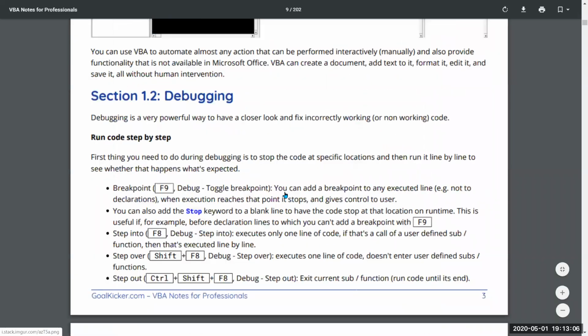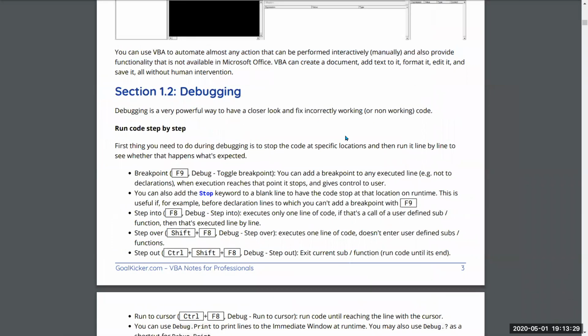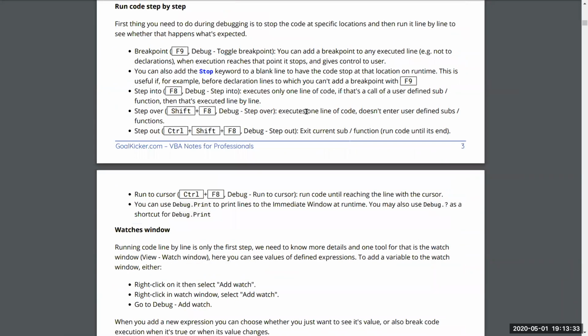Now, then you notice it becomes very complicated. Then suddenly they come to debugging. And you're like, oh my God, what just happened? Where did the simple topics go? But see, this is the idea. This is meant for programmers, right? That's why for them, the most important thing is not how to write a code, because they say most of what you need to write can be recorded, or it can be found on the internet. The problem is, how do you fix incorrect codes? That's why they start off by saying, how do you debug proper codes, right?